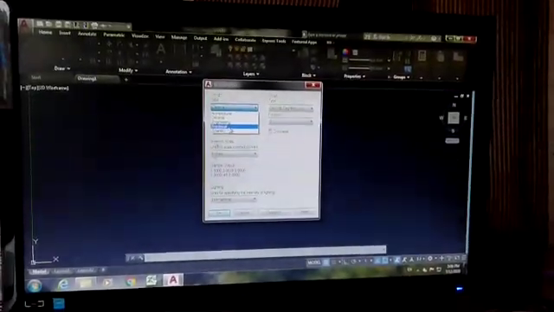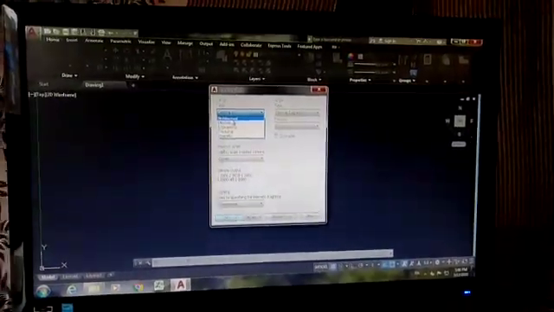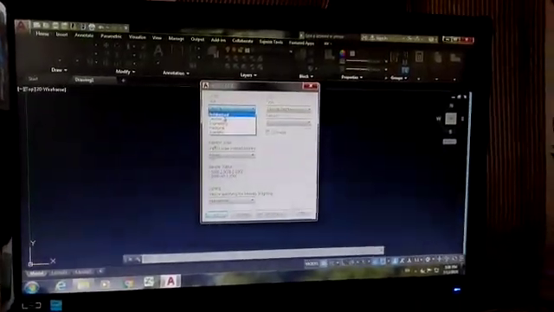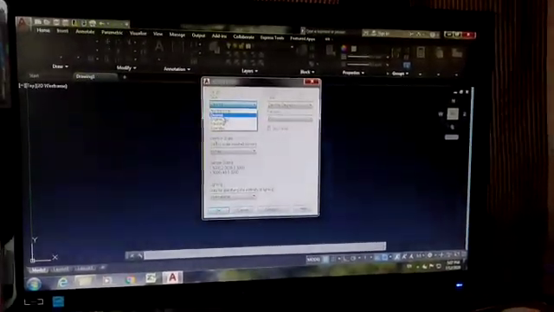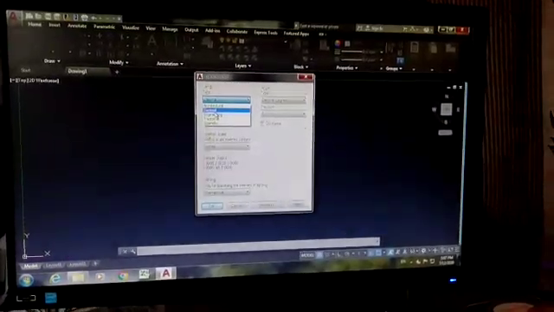The length type has 5 options: architectural, decimal, engineering, fractional, scientific. Architectural represents feet, inches, like that. Decimal is in the format 1.5, 2.5, 3.5, like that.